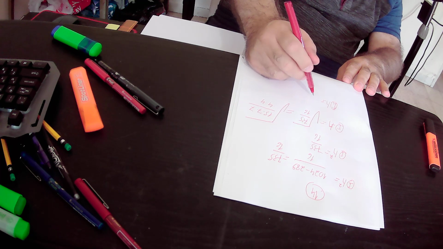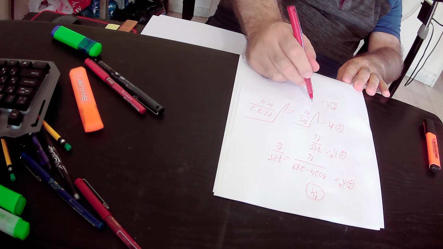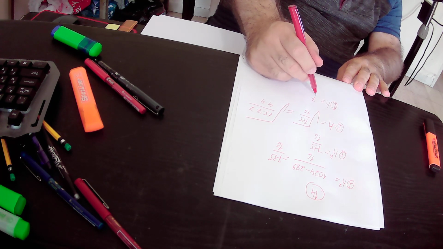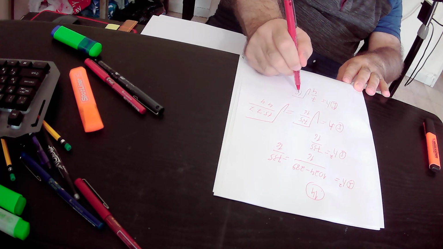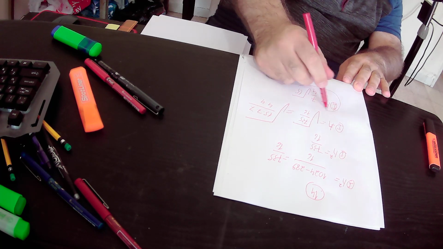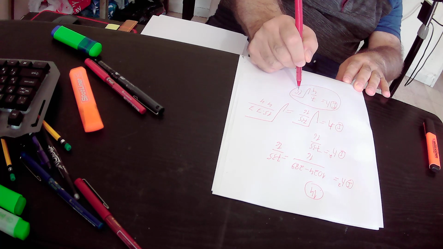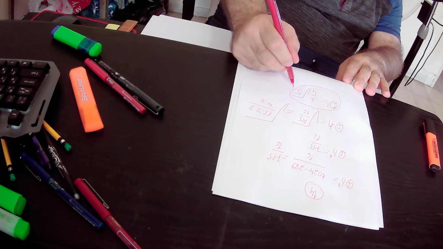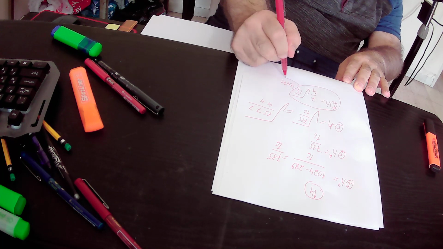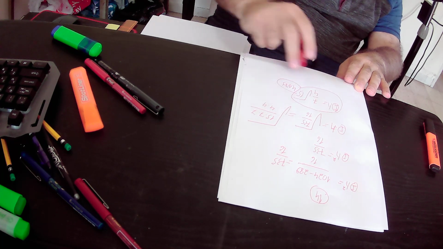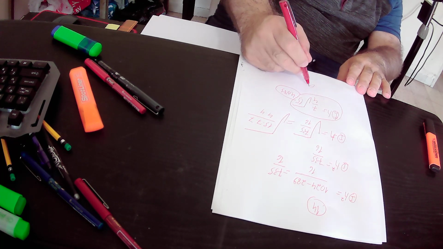Inside the root what is left is only 15. So in total we got the value of h equals 7 over 4 times root 15 units,